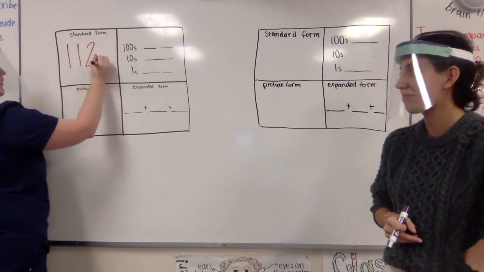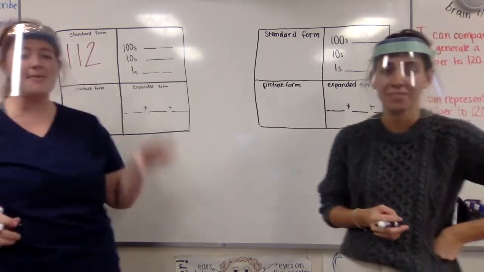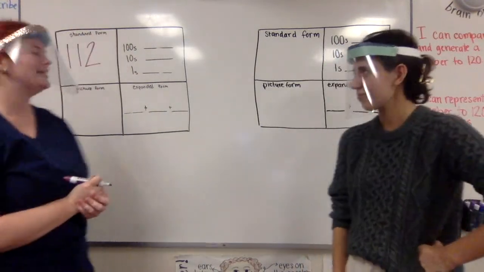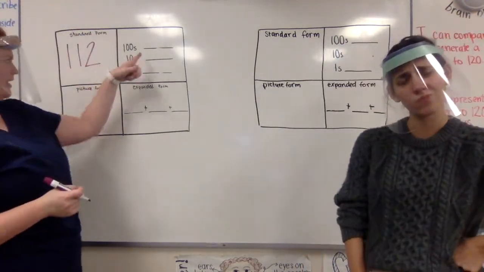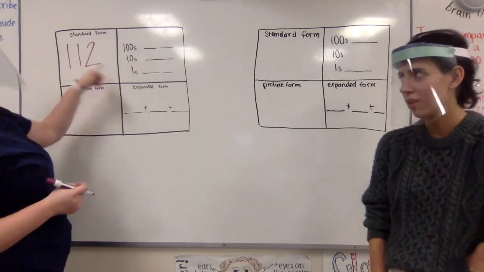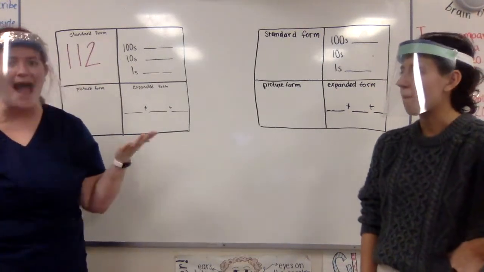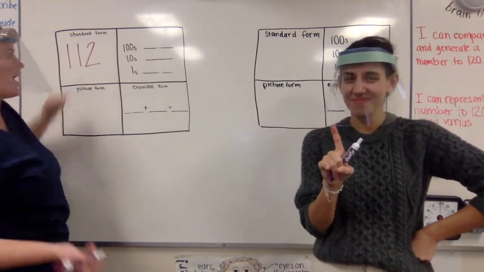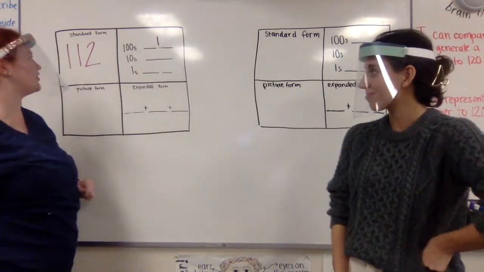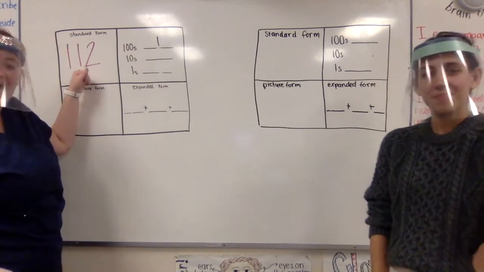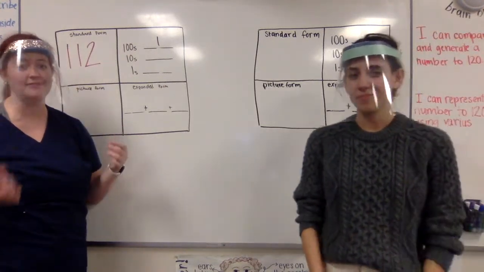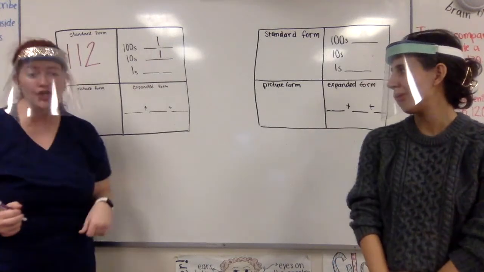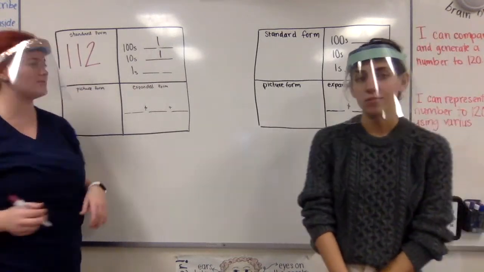112. Just like that. That is how I would write that number in standard form, how it would normally look. Okay, I need my hundreds, tens, and ones. Well, if I look at my number, it tells me how many there are. I have a 1 in the hundreds spot, so I'm going to put 100. And I have a 1 in the tens spot. That means I have 10. And I have a 2 in the ones spot, which means I have